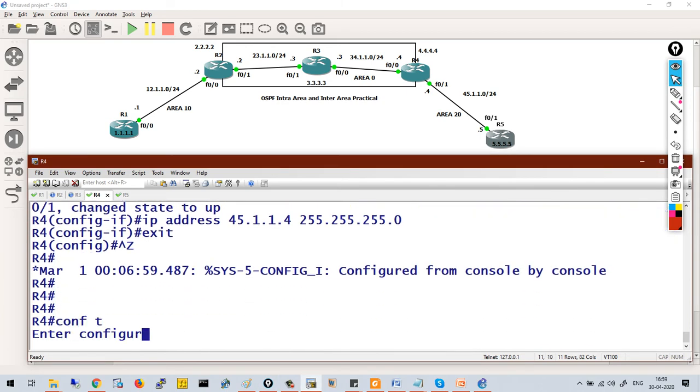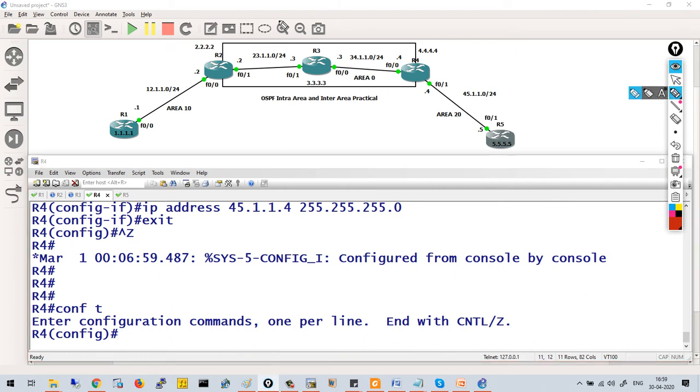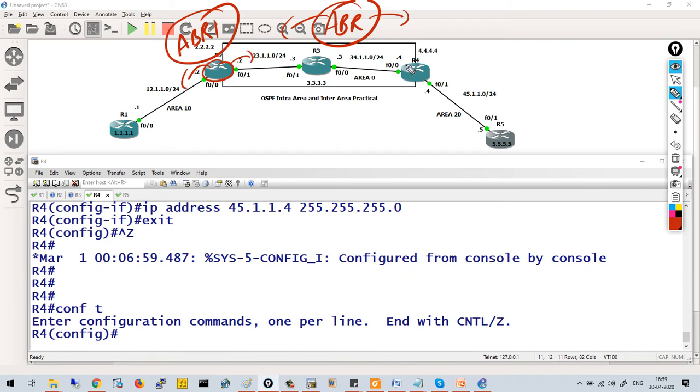To R4. So in this case, if you remember, we discussed the concept of ABR. The router which is connected to a normal area and to area 0 is called ABR. So in this scenario, we have two ABRs. This is ABR 1, R2, which is connected to area 10 and area 0. Here we have R4 also. This is ABR 2, which is connected to area 20 and area 0.